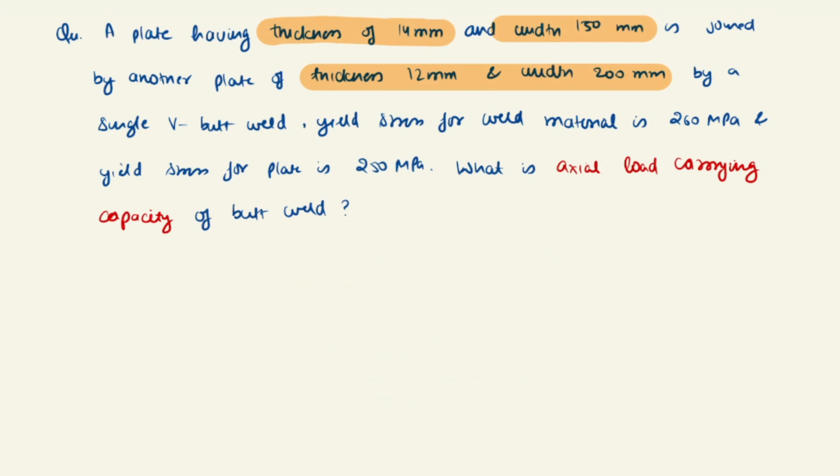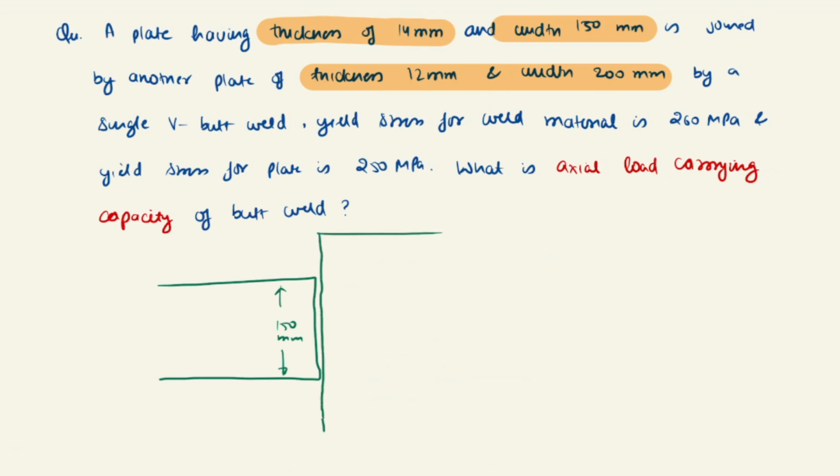So let's try to draw how these plates would look like. So this is our one plate, and this is 150 mm width, while the second plate is a little bit more wide, 200 mm. Okay, and now we have some weld in between, so we can denote a weld like this. This is the weld, this is the butt weld. So how we will find out is,